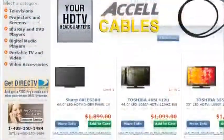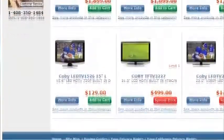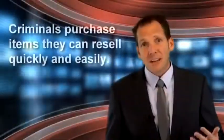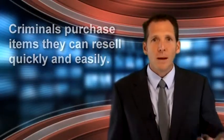So let's first assume that the criminal had the opportunity to take your card and walk into a back room and truly just take a picture. So now they got a picture of the front of your card, they got a picture of the back of your card, and they go home with that. Well, what the criminal is going to do is they're going to hop online and they're going to start buying some big ticket items, generally speaking, or at least decent sized ticket items, a lot of electronics, things like that that they can then resell on eBay and places like that. And just like that, they're ripping you off,